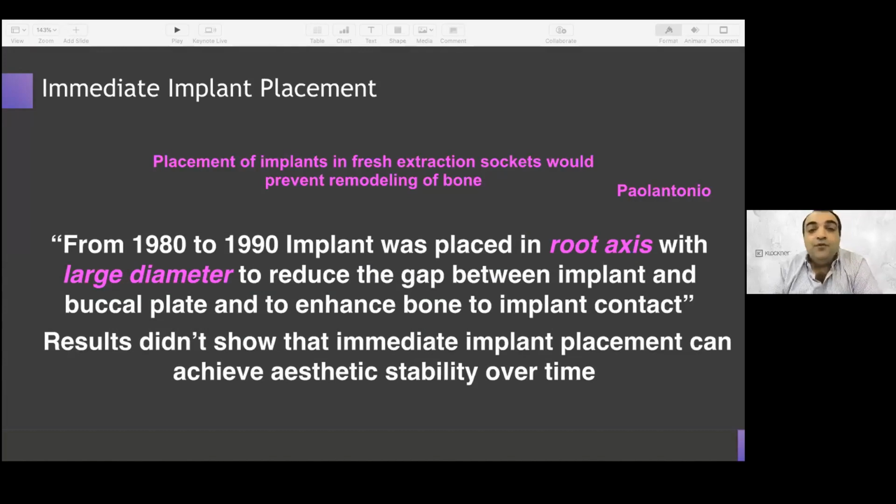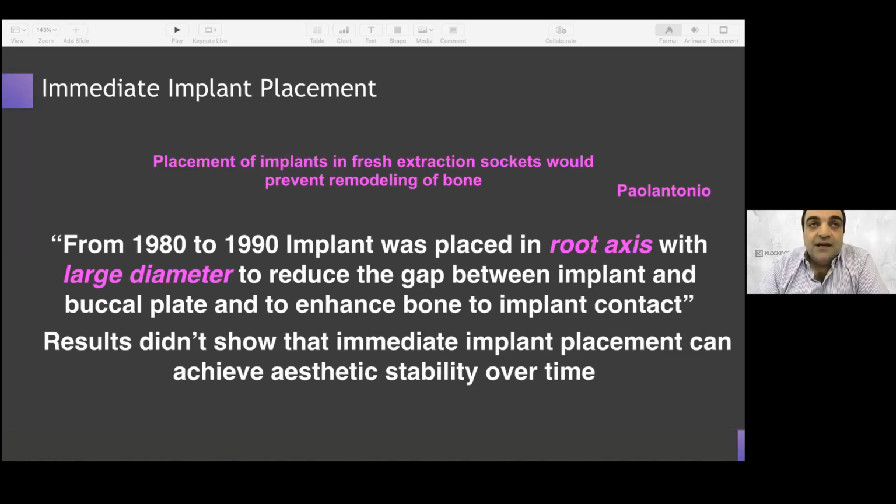What were we doing wrong in the 80s and 90s? Lots of publications, like the publication of Paolo Antonio, and also some publications of Tarnow and others, recommended that we use wide diameter when doing immediate implant placement. And plus we have to position this implant buccally. For them, this will prevent the loss of the buccal bone, but this was